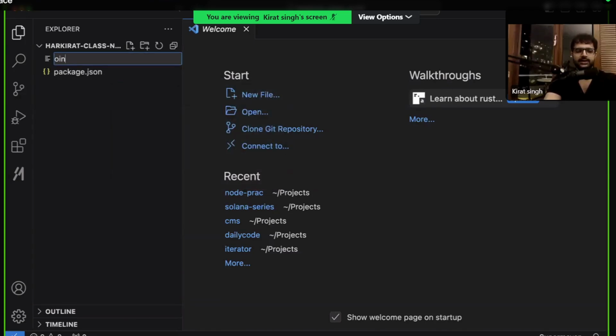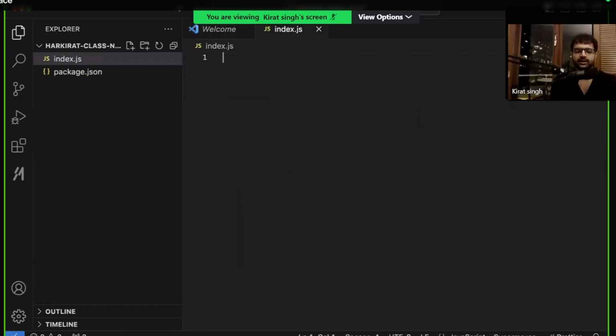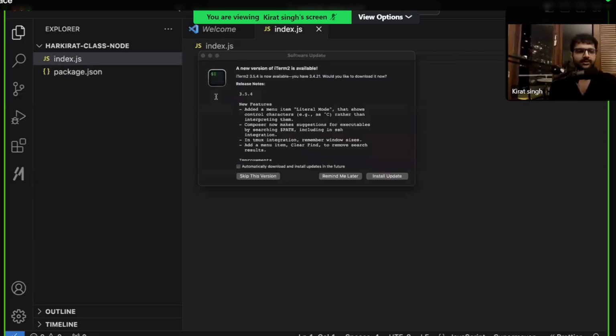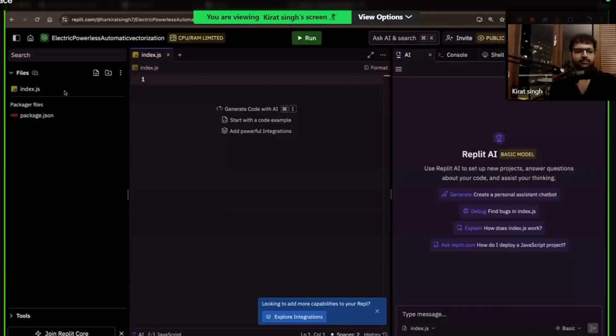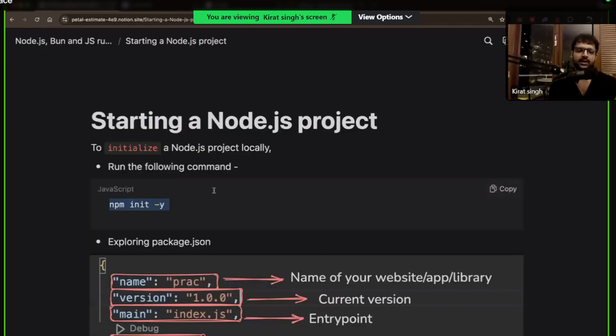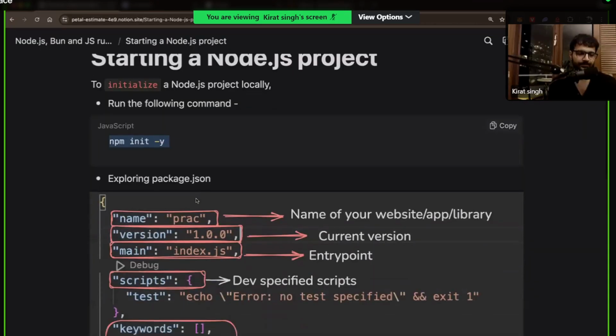Create a fresh index.js file over here. That is one extra thing you have to do. What did I do? There is already this package.json file that exists over here. I added an index.js file right next to it. For the people who are on Replit, you will see something similar. You will see package.json over here, index.js over here. So you are at the same state as other people. Don't worry if this doesn't work for you locally just yet. We're done with step 1 over here.